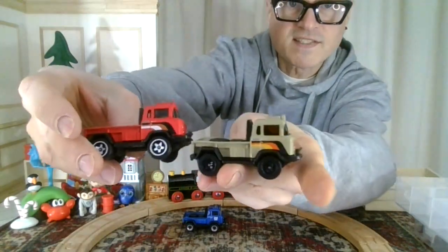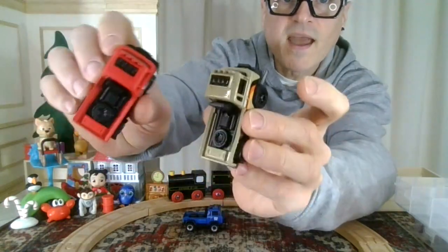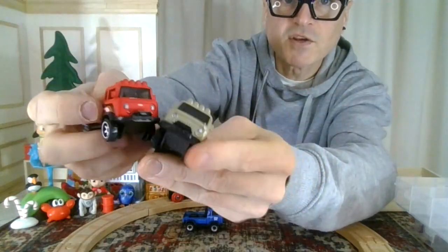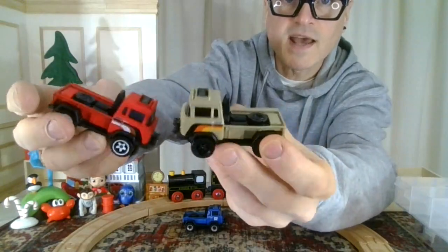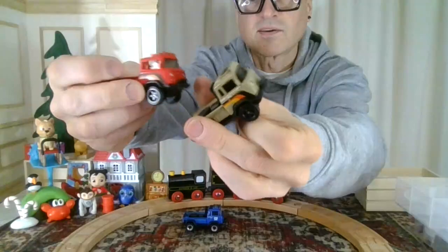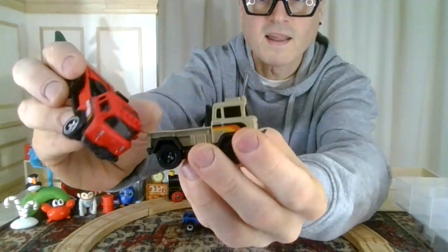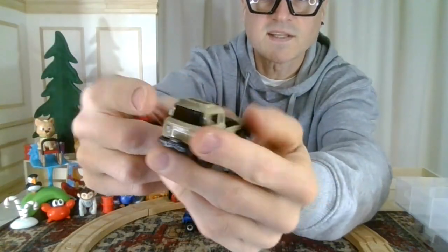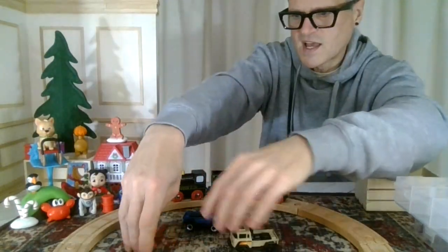These ones came out in the same year. You can see that they have the same deco on them. And this is my dream truck. This is my new favorite vehicle. This is what I want to drive around town if I had my license or anything like that. But what a beautiful car. Love it. And this color is an incredible deco, so 70s and so strange that it matches